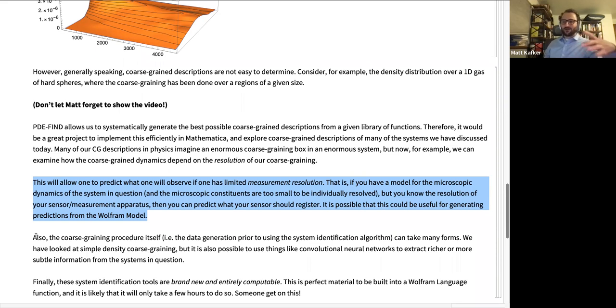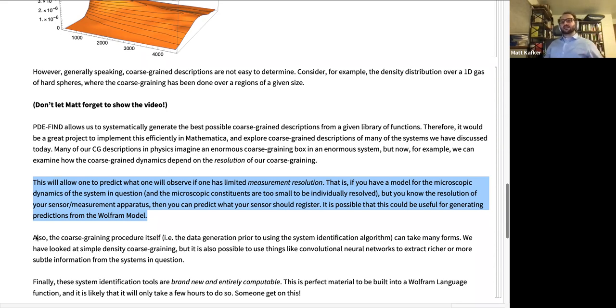So I guess I'm not doing a perfect job explaining this, but it's something like resolution dependent coarse graining. And the idea is that maybe you have some microscopic model and you're not sure whether it conforms to reality. Maybe we could even do this with the Wolfram model. You have some sort of microscopic description, but you know you're only going to be able to examine it at scale blank, whatever that might be. This is a way to systematically do this coarse graining. And I think that this would be a really interesting project, and I'm sorry that I'm not doing a great job describing it, but I do think it's a good idea.